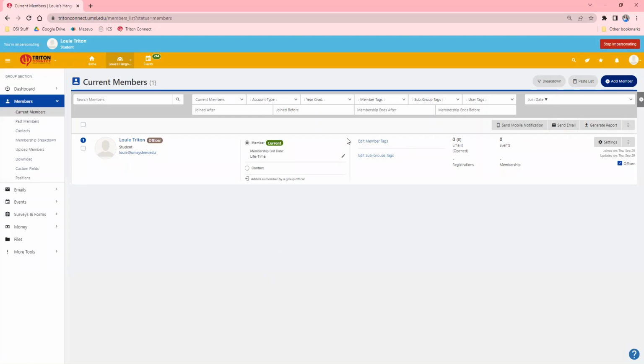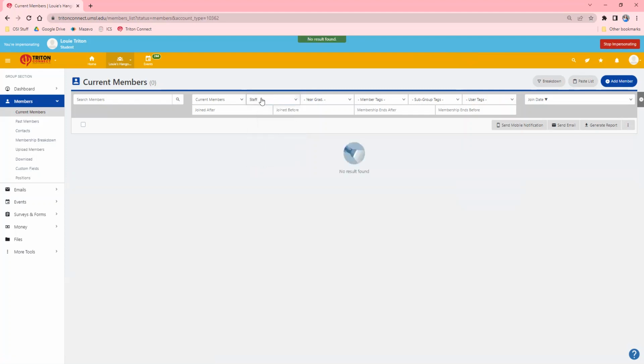And so if you have access to manage members, you can do some things with all the members in your portal, but none of that is too important, I would say, for the average user. The cool thing about your members is if you want to send an email to all of your members, you can filter this list by account type. So if you just want to send an email to the students in your portal, or to someone that's been identified as a student group president or treasurer, I don't know why any of you would do that, but let's say you just want to send an email to students in your portal or just to faculty and staff in your portal, you can go ahead and